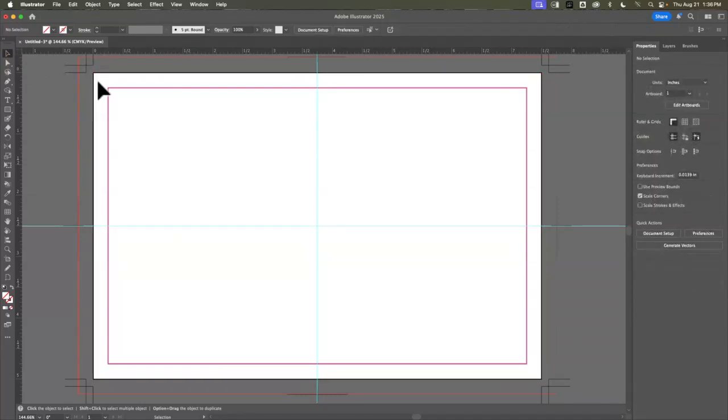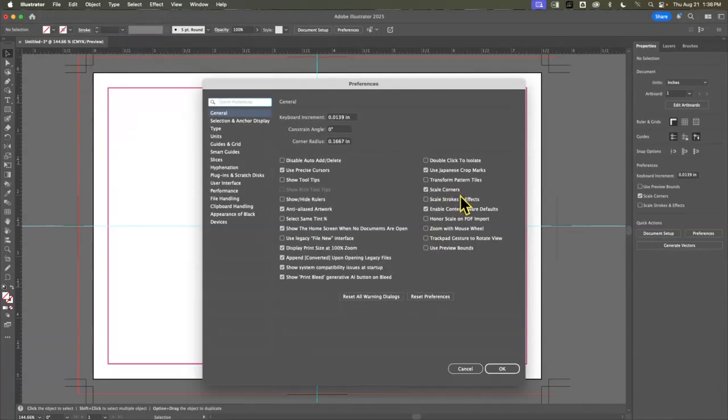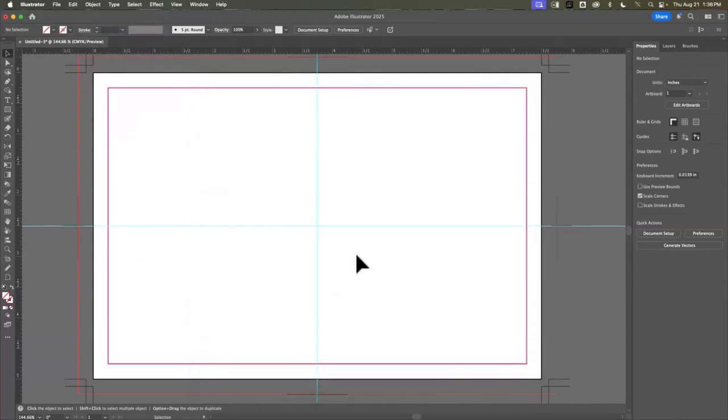I tell you guys, these are called Japanese crop marks. I used to use them back in the day. Instead of just being a really far away point, I found it easier when we were doing mock-ups for me to cut stuff out if I use this Japanese crop mark. It's just something I've liked and I've used. You can find them under preferences, settings, general, use Japanese crop marks. It is what it is. It's not anything crazy or new. So,